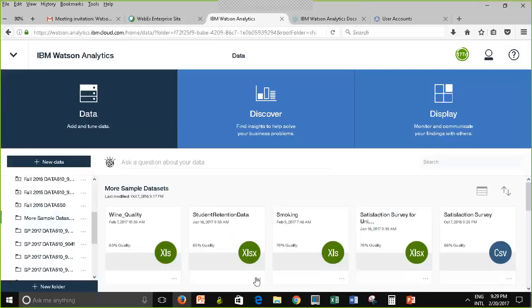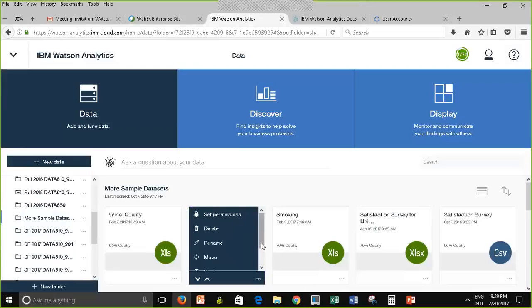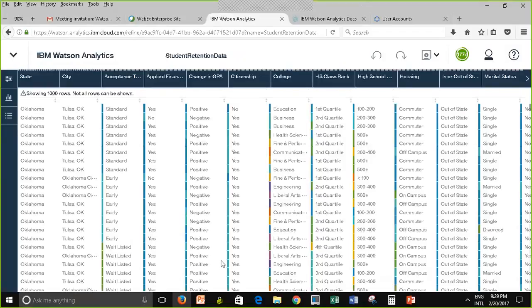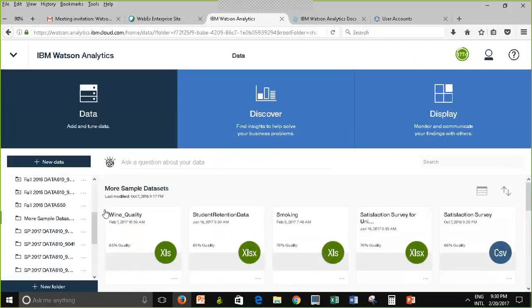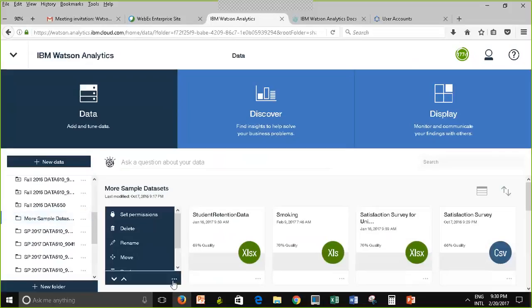This is how you want to use this data. Take a look. You're going to click on the ellipsis. Then you're going to click on refine. And from this view, click here, then save as. Right? Now, let me close this. Again, I'm going to repeat this. Here it is, More Sample Data Sets. I click on the ellipsis of the data that I want to have, then refine,